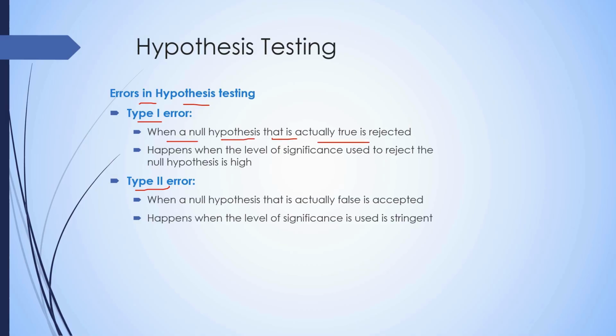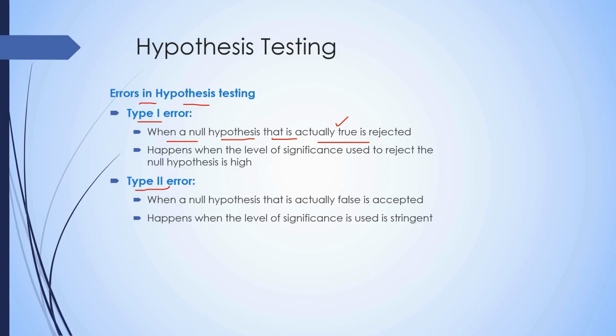When is a null hypothesis true? When there is no significant relationship between the variables that are under study. Okay, so the example that we used, if there is no relationship between the motivation of the student and the performance in the class, that's a null hypothesis. And in the second example that we used, if there is no significant impact of the drug on blood pressure, even in that case, the null hypothesis is true. When the null hypothesis is true, you need to accept the null hypothesis and stop the study. But instead, if you're going to reject the null hypothesis and go ahead with the study, that's when type 1